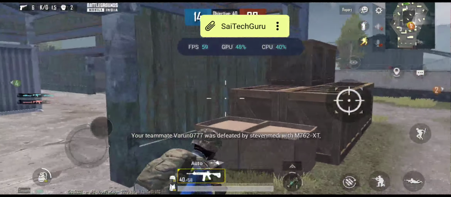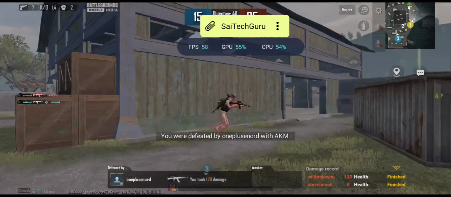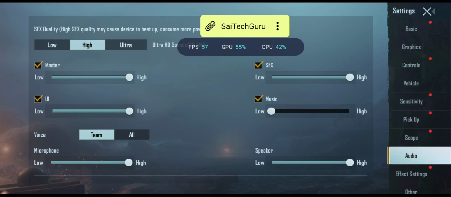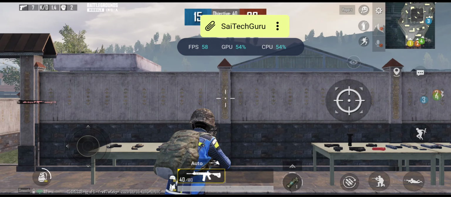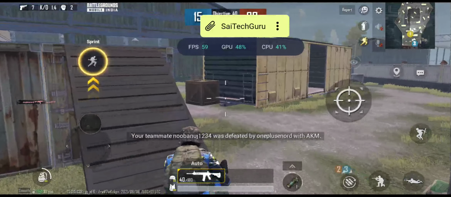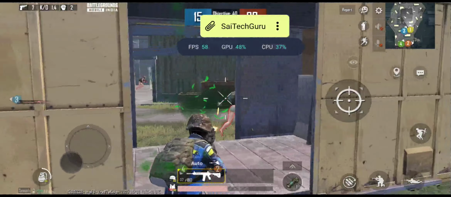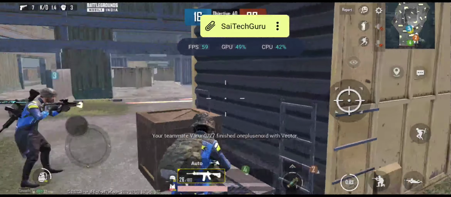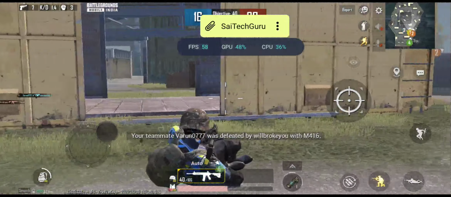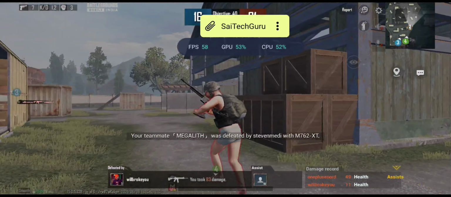I did keep the audio to the maximum in the internal settings, but still you won't be able to hear the audio much, as you can see. I did keep everything to the maximum except the game music. That's the one thing you should definitely understand. In the screen recording settings, I'm using internal audio plus mic, but still it's not working, even after using those settings.